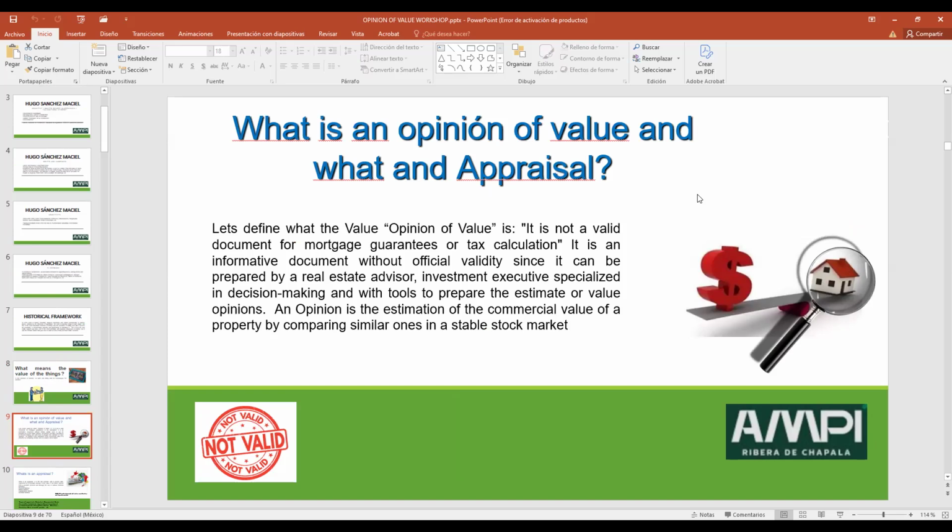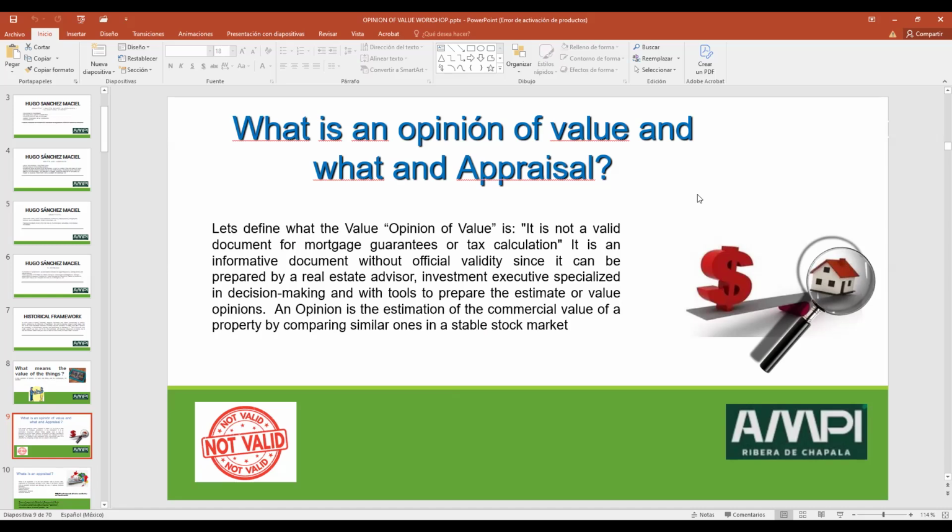But for you, as agents, as advisors, it's different, because your opinion of value is not as strong as an appraiser's.